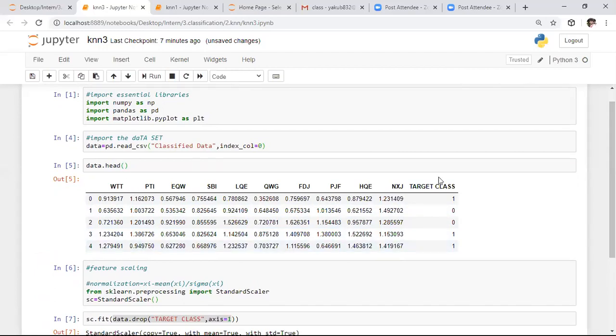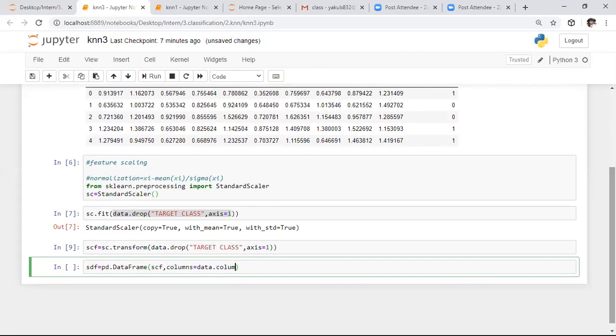While performing this feature scaling, we did not consider this column. We dropped it here, right? That's why we need not apply the standard scalar on this, as well as we need not keep that column name in the output. So for that purpose, I'm saying column names. I want to consider all column names except the last column name. That is nothing but colon comma -1. So I did that here.